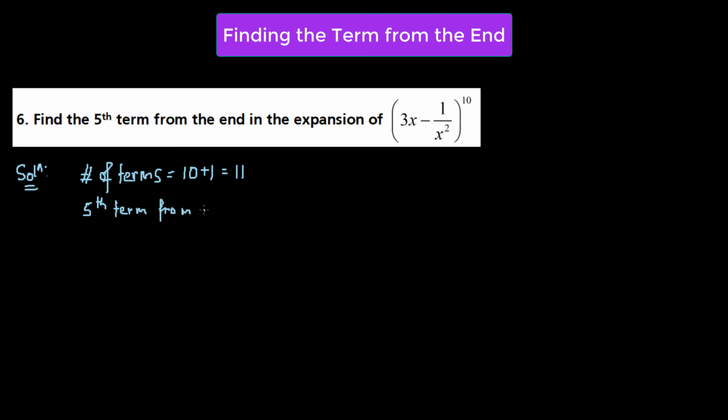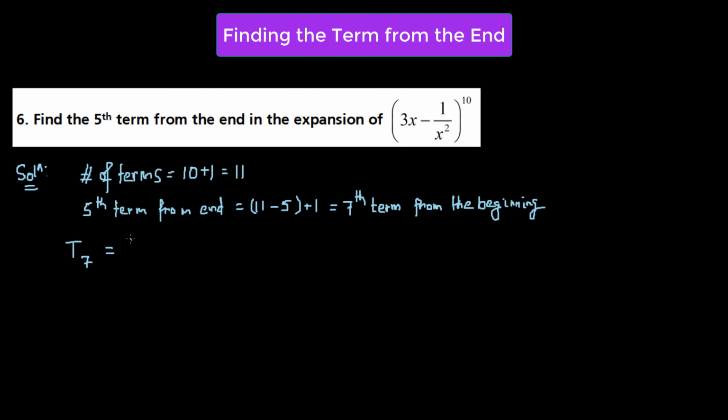so we can say the fifth term from the end is equal to the total number of terms minus the fifth term plus 1. So this will be equal to 11 minus 5 is 6, 6 plus 1 is 7. So this will be equal to the seventh term from the beginning. So we find out T7,